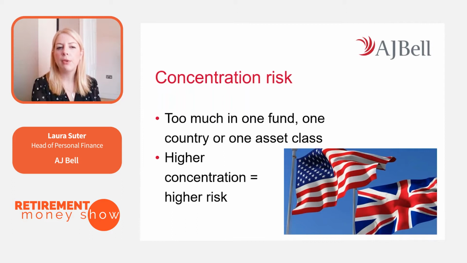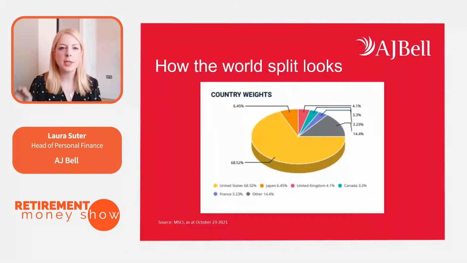And I think the way you really need to think about this is that this is your retirement income that you're investing. This is the money that you're going to have to rely on in your retirement, and the amount that you have in that pot will also help determine when you're able to stop working and to retire. So you've got to bear that in mind when you're spreading your investments. So I thought it would be useful to have a look at what a split of the world's stock markets looks like, and you can perhaps bear this in mind and think about how this relates to the particular split in country stock markets that you have within your own portfolio.